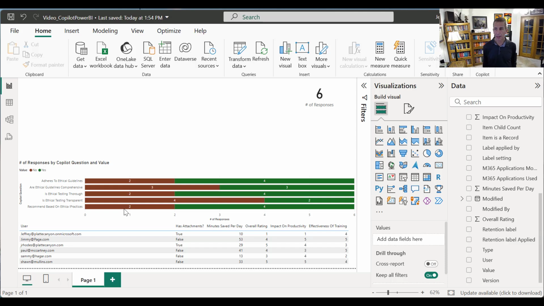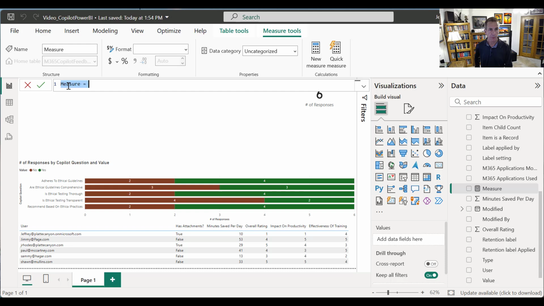Now let's talk a little bit about our numeric data. Okay, so if we go back to our form, we have the overall rating, the minutes saved, the impact on productivity, and the effectiveness of training. So it's kind of nice if we look at the average of that. And so that's a good use of a measure. So I'm going to say new measure. So we'll just say average minutes